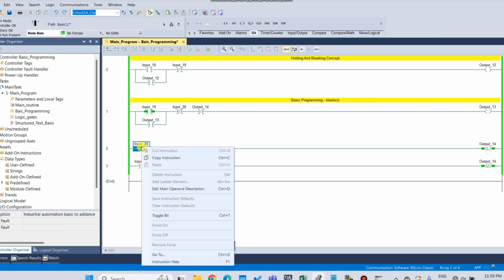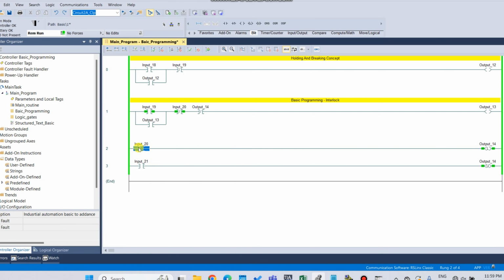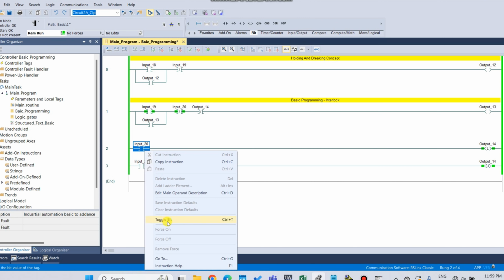Right click and click on toggle. So we can see when the output is latched, we select input number 20 as an input and output number 14 as an LED.